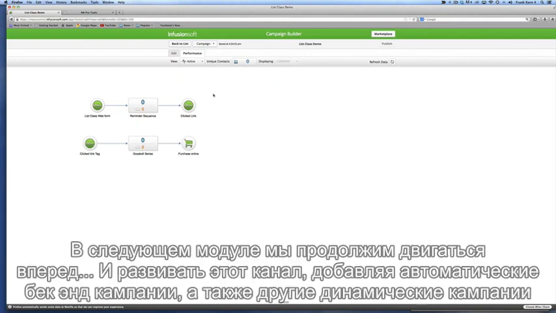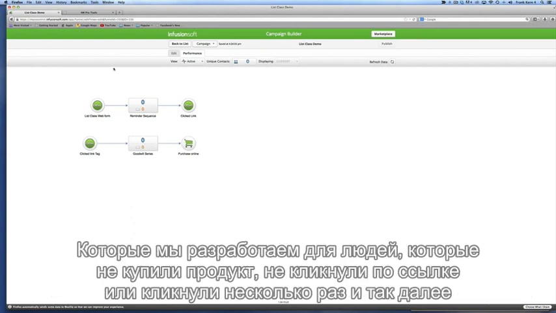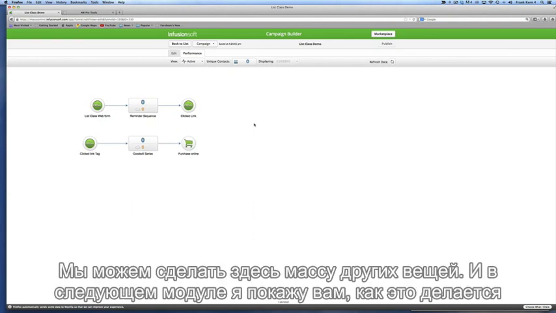Next week, we're going to build on the momentum of what we've accomplished here this week, and we're going to really start turning up the heat on this by ascending, with automated back-end campaigns, as well as other dynamic campaigns that we deploy to folks who don't buy or don't click or click multiple times, etc. There's all kinds of cool stuff we can do, and I'll show you how to do it